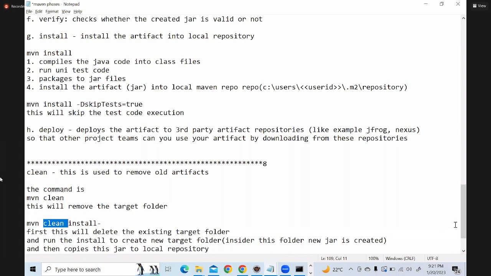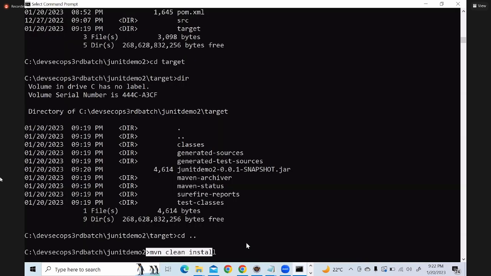Why? Say first you have done one change. One target folder, in that one jar has been there. Now you added some new code to that. Again, you have to take the build and do the package of that. So instead of having separate clean and install, if you combine these two at one time, first it will delete the existing target folder. That means it will delete the existing jar. Once it runs install, it will create a new target folder, a new jar is created, and then copies this jar to the local repository. Okay, so when I say mvn clean install,